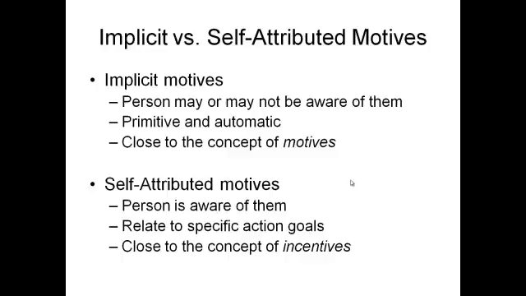If we're consciously aware of the motive, well, then we're going to be making conscious decisions about what to do and what behaviors to engage in. If our motives are implicit, it might actually lead us to behave in ways in which we're not aware of why we're doing what we're doing. So if it's satisfying an implicit motive, maybe we don't know why we're doing those things. But when we're talking about satisfying self-attributed motives, we know what we're doing. We're choosing a particular behavior that has a particular incentive value, and we are choosing to engage in that behavior.